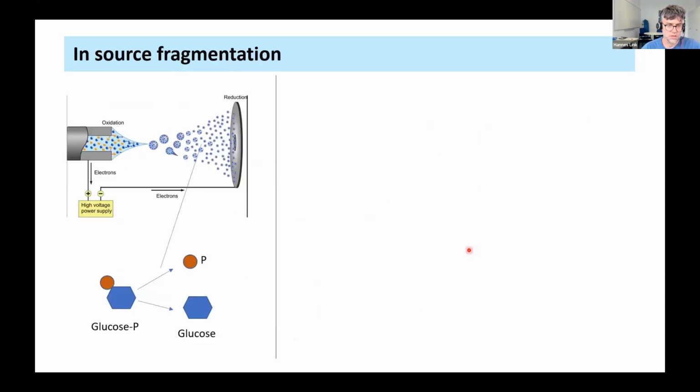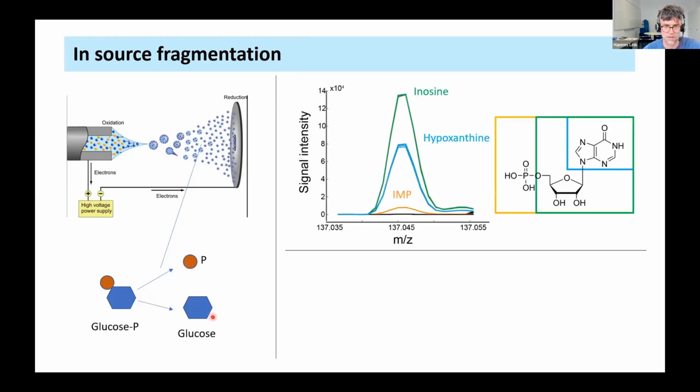Of course, these neutral losses or mass shifts are not the only thing that can occur, because it's also known that in the electrospray we can have effects like in-source fragmentation. So here you see just the principle of electrospray. I think this was explained in the previous lectures. But what can happen in the electrospray is that you have a fragmentation similar to what you have in a triple quad or in a quadrupole. So for example, you have a glucose phosphate molecule, and then just in the electrospray, you get the phosphate and the glucose molecule separated. This is one example where we saw it in our case.